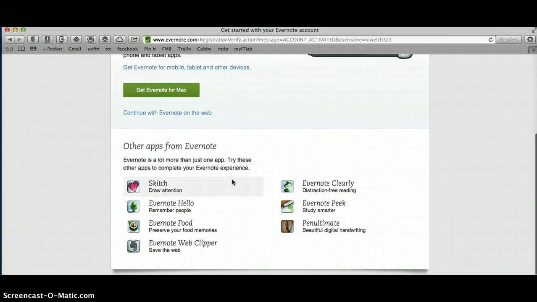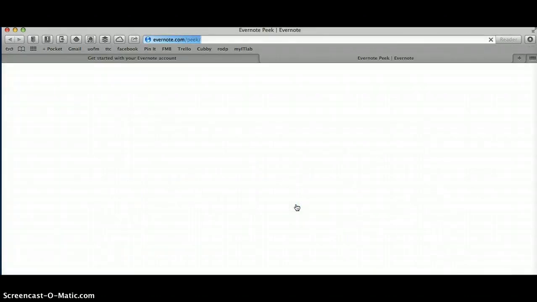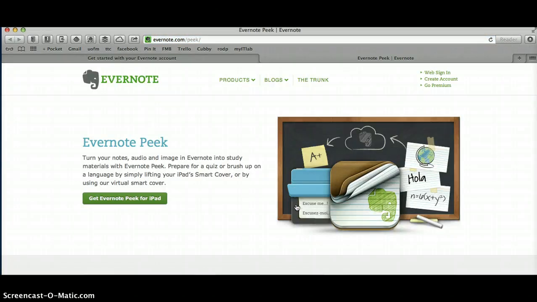Also, if you'll notice down at the bottom, it talks about other apps from Evernote and gives you some descriptions of apps that you can use with Evernote. You could spend some time checking these out if you'd like. In most browsers, clicking on one of those descriptions will open that up in a new tab. So I would encourage you to do that and kind of read about some other apps that you can use